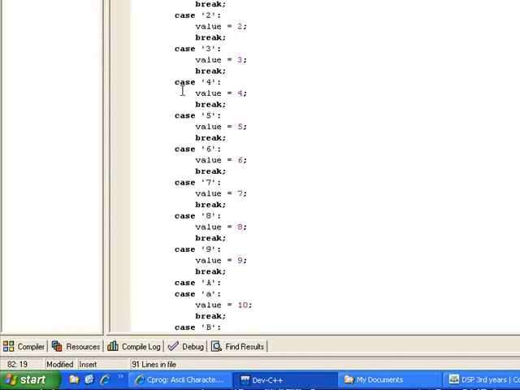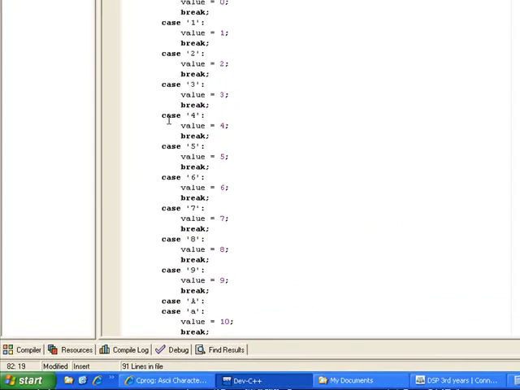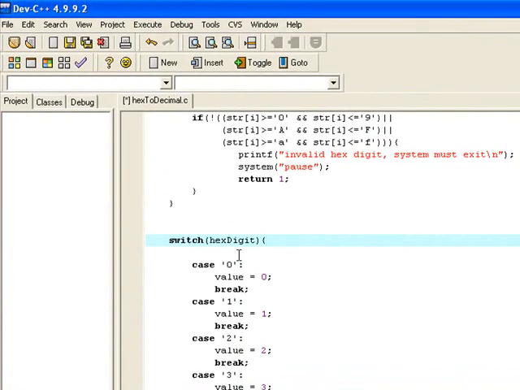Now, the trouble with any switch statement is you can see the length of it there, so it's normally nicer if we can put that in a function. I might well do that later, but for the minute I'm going to leave it in there so as not to complicate the situation. Now, what I'm going to do is put a for loop around this,